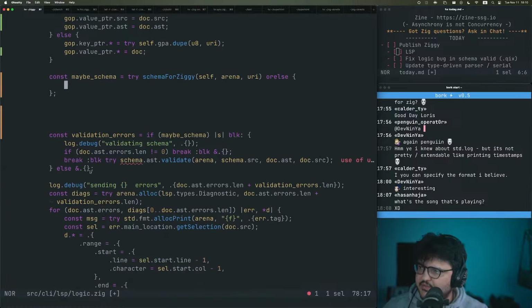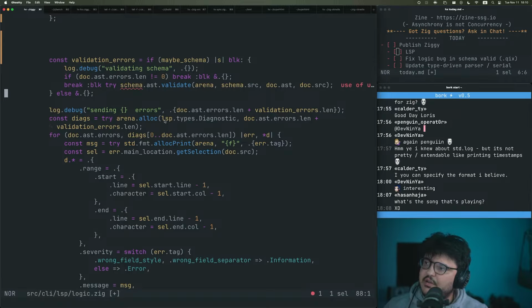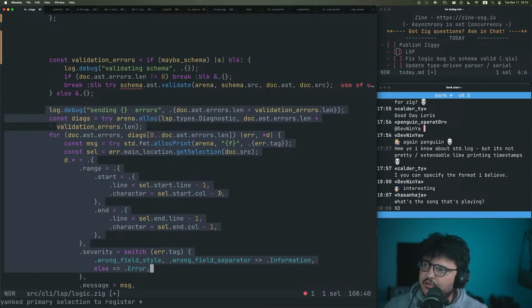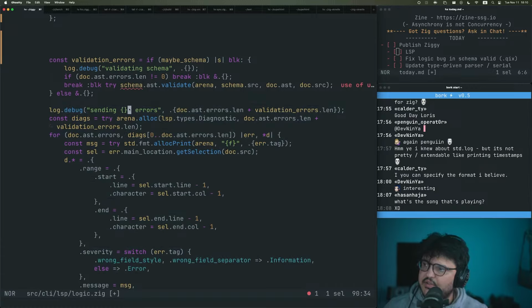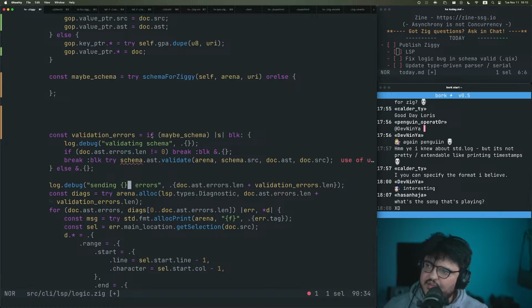So let's do this first. Oh, I see. I'm waiting because I need to collect also validation errors so that I can stuff everything into a single slice of diagnostics. Okay, I get why this is the way it is. Okay, so this is basically, this is it. The only difference is that